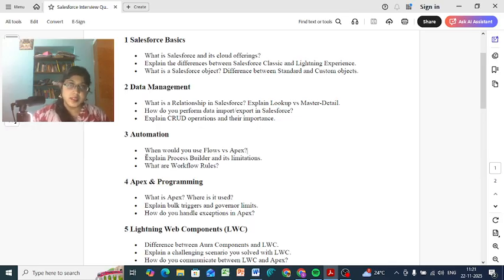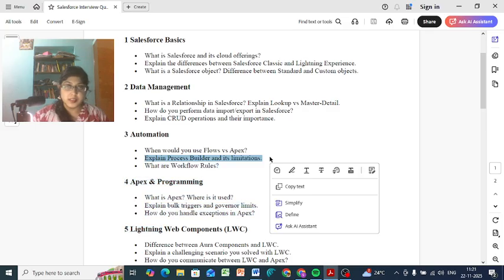Now explain process builder and its limitation as the next vertebral as a proof and evidence that the process builder is used for a period of time where we can process the evidence after we put it as a preferential vertebral as a context.